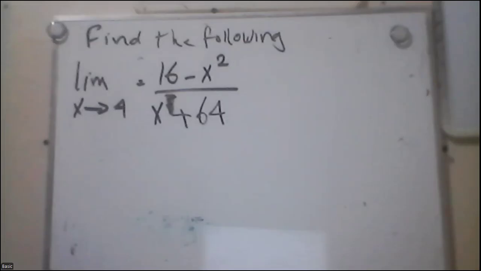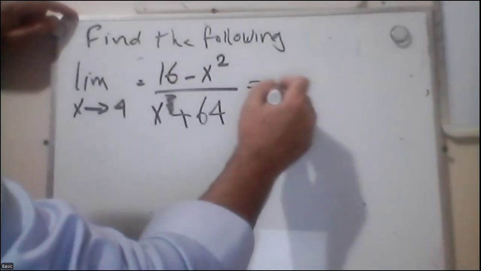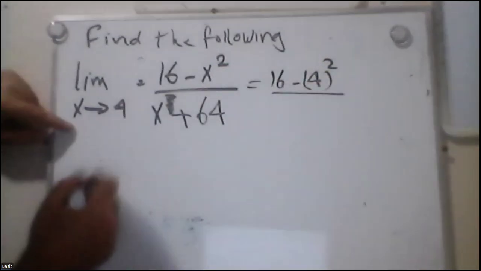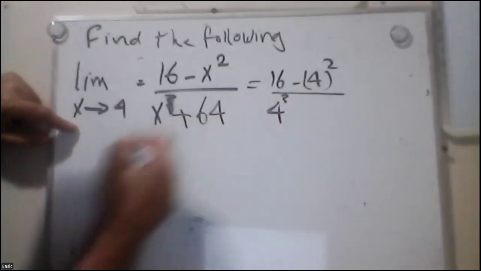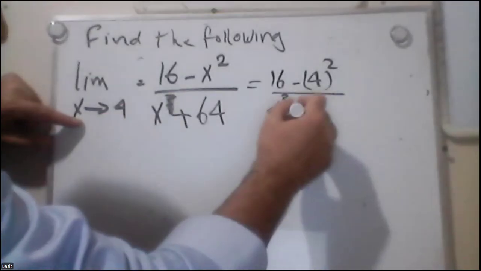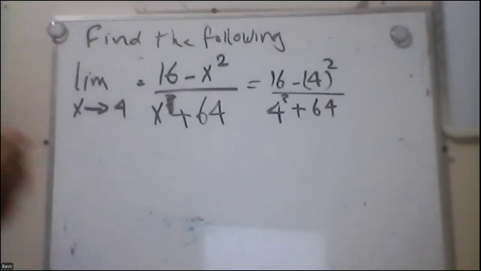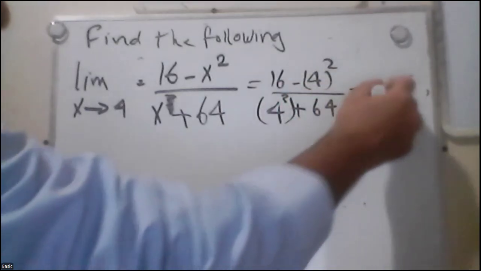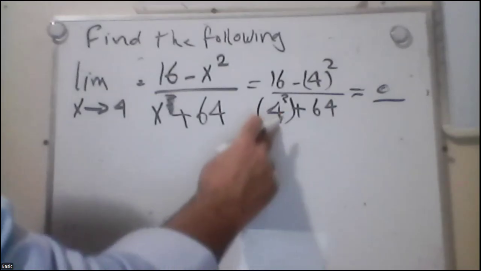If I apply right away x equal 4, that will equal 16 minus 4 squared, divided by 4 cubed plus 64. So this will equal 16 minus 16, which is 0, divided by 4 to the power 3, 4 by 4. That will equal